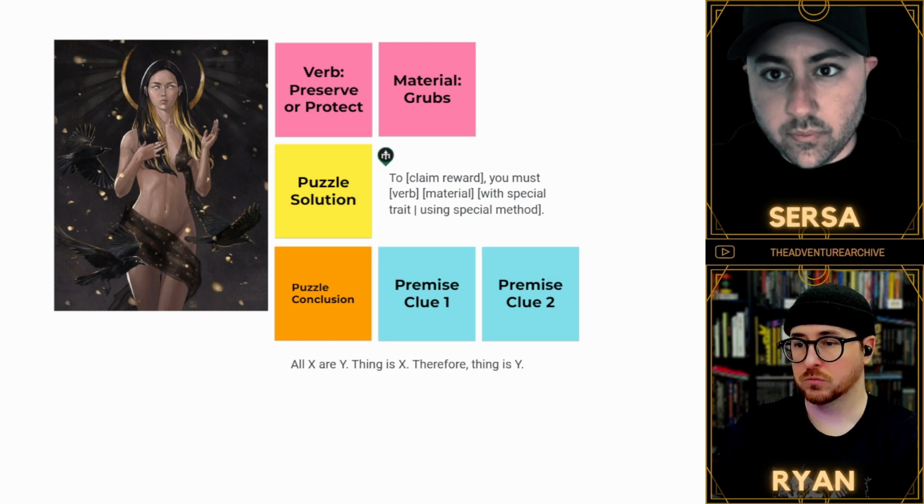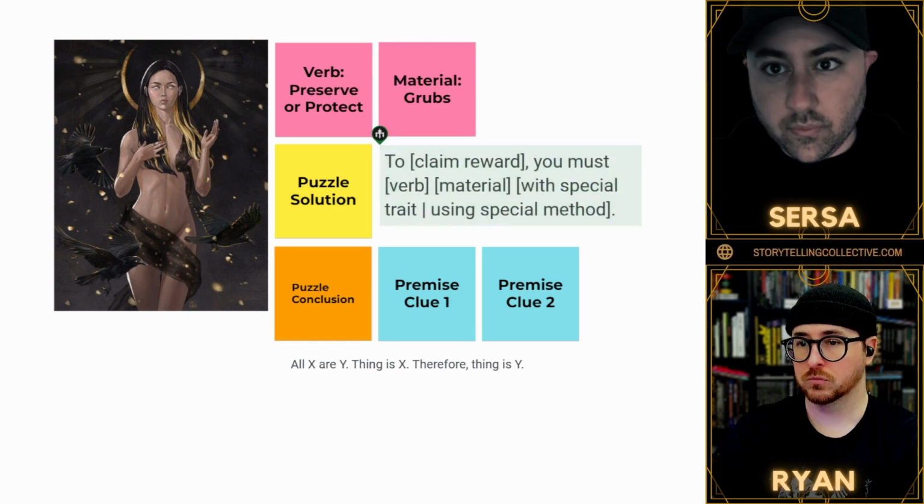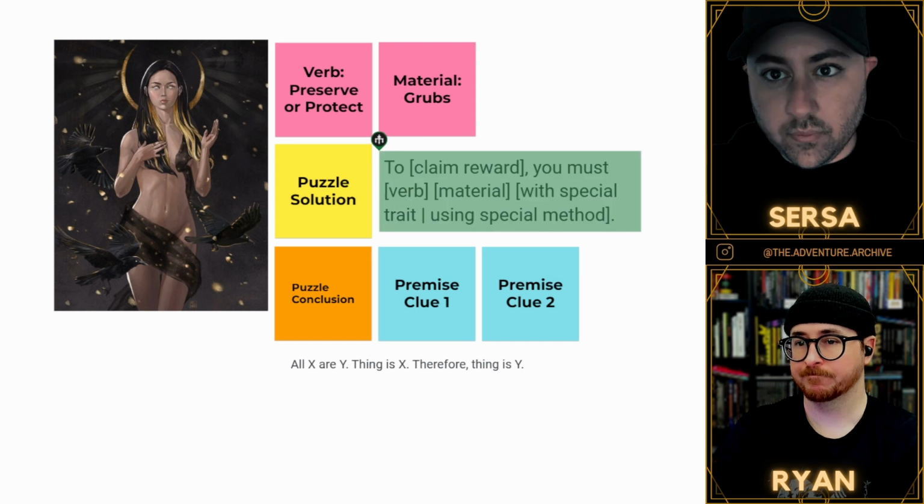And I have a little template here that I made, kind of a little Mad Lib that I use for my own puzzles that helps get the process going. So for those who may be listening and can't see it, this template is: to, and then in brackets, claim a reward, the party must verb a material, and then either with a special trait or using a special method, right? So this is going to be our puzzle solution template. Now we already have our verb, and we already have our material, so we can pop those in immediately. So to claim the reward, which we'll figure out in a second, you must